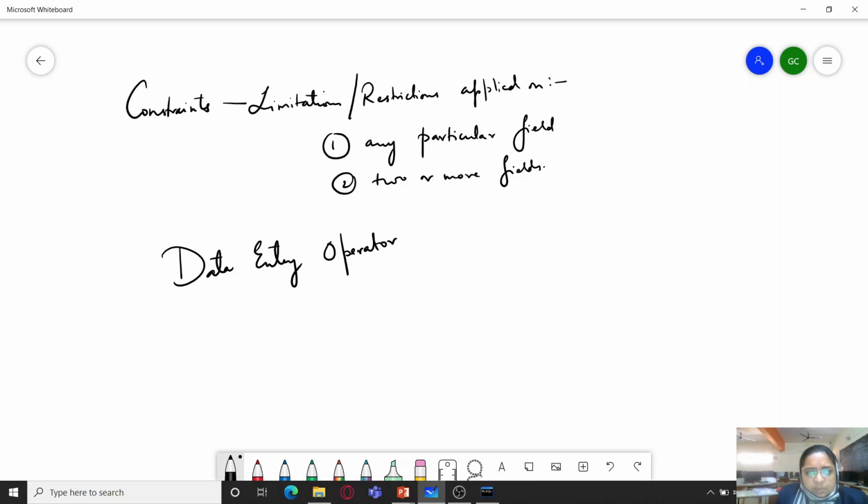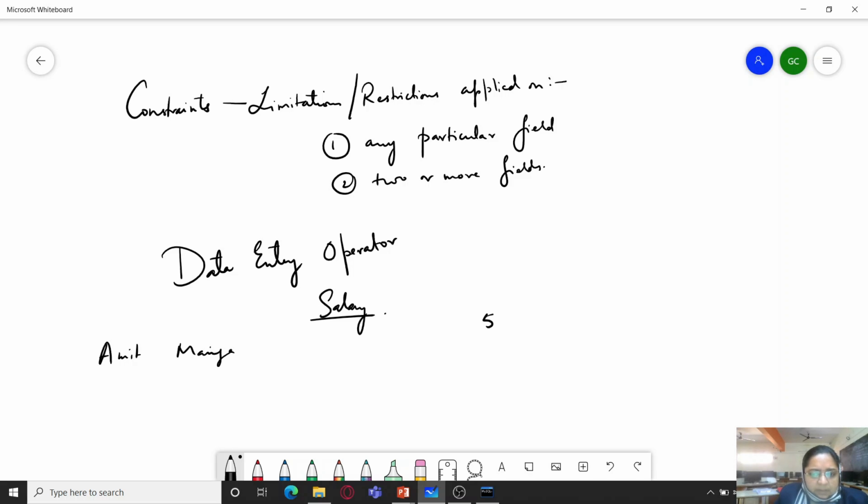It is quite possible that they will commit mistakes in entering data, and silly mistakes could take the form of a very large mistake later on. I'll give you an example. If we have a salary field, suppose there is an employee Amit, and Amit is a manager in the sales department.